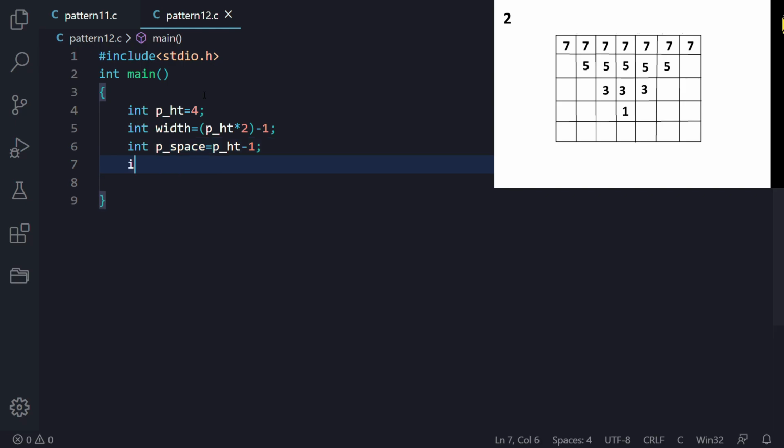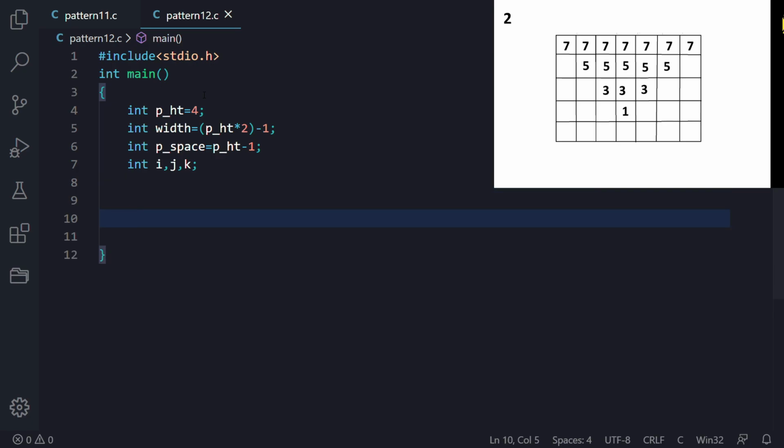And then we have to take our index variables like i, j and k. Also you should know that we can use any variable, we are not bound to use i or j or k, something like that. We can use a, b, c, you can use any of the variables. Now let's start the